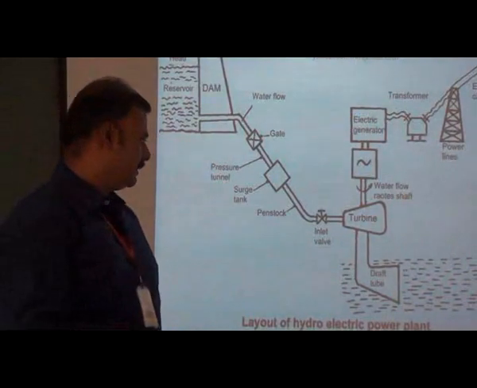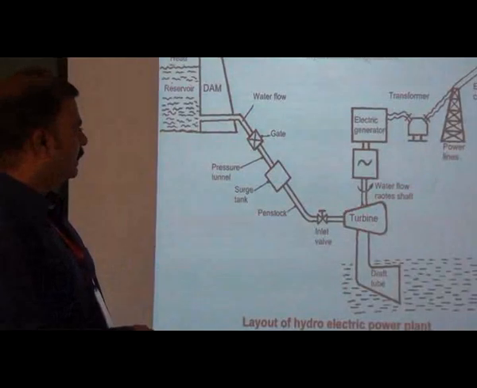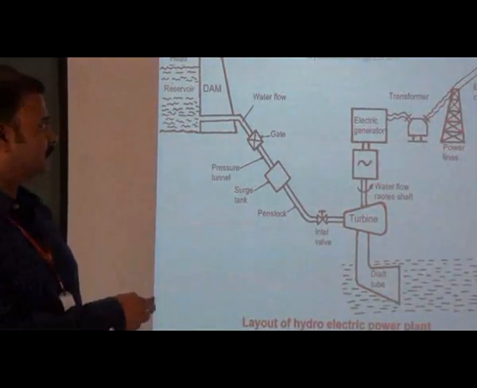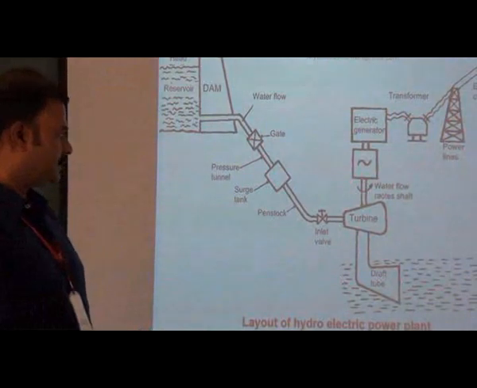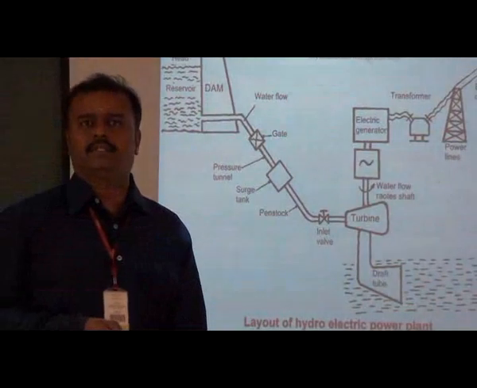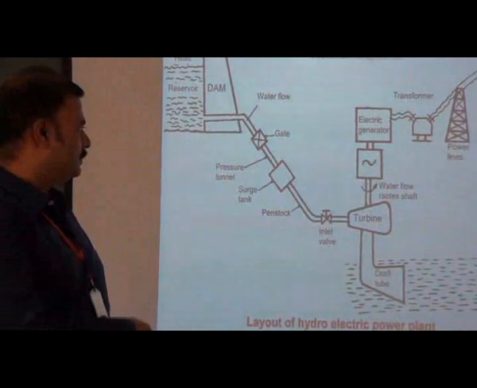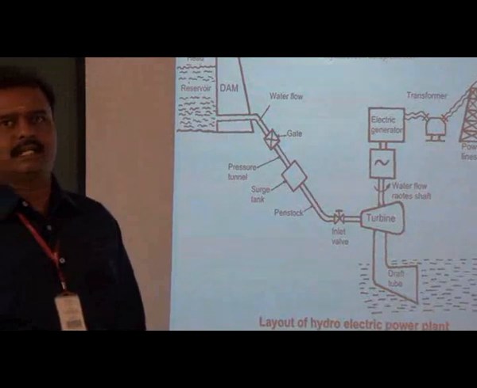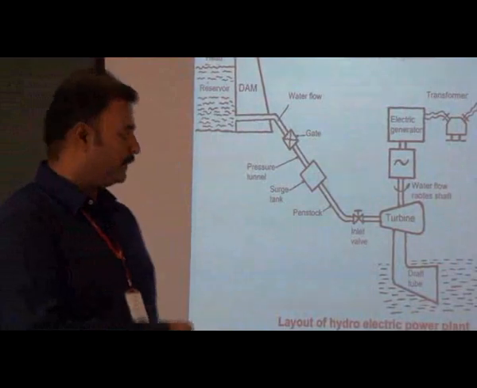So this is the layout of a hydroelectric power plant. Here the kinetic energy is converted into mechanical energy, and the mechanical energy is converted into electrical energy in the electric generator. Then electricity is produced and transferred wherever it is needed. The exhaust passes to the river. Normally in a hydroelectric power plant, we must transfer the water from the higher head level to the lower head level, and by using that we produce some amount of energy. In Tamil Nadu, Kadambare Dam and Bhavani Sagar have hydroelectric power plants. As we well know, Periyar also has a hydroelectric power plant.